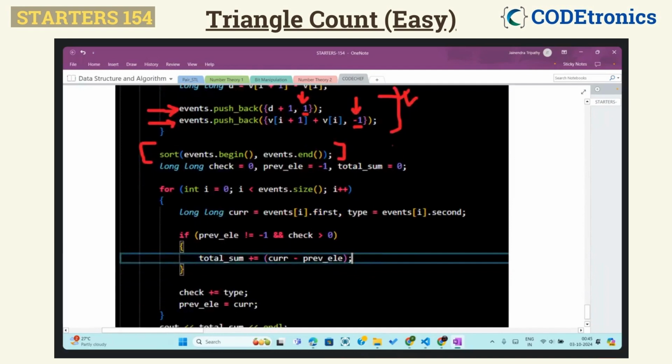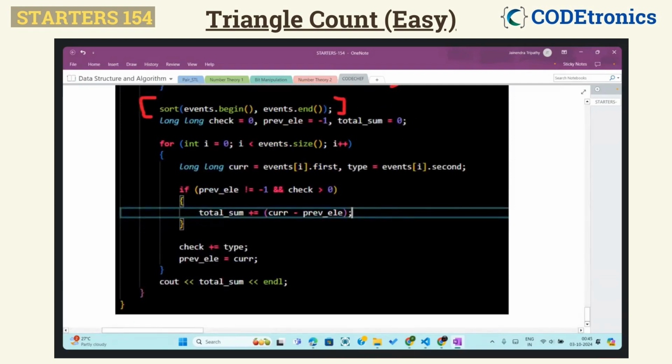So putting plus and minus gives a really great understanding, and it's visually appealing too. Now what we're doing is, as I mentioned, we'll put a check condition. We'll put a previous element as -1. You can put any value; I put -1 because all the terms are positive over here, but you can go with any value, preferably negative only, because then you're going to compare it to those things. And then we're putting total sum equal to 0, and total sum is the actual final value